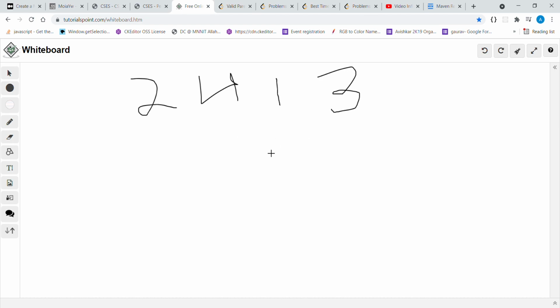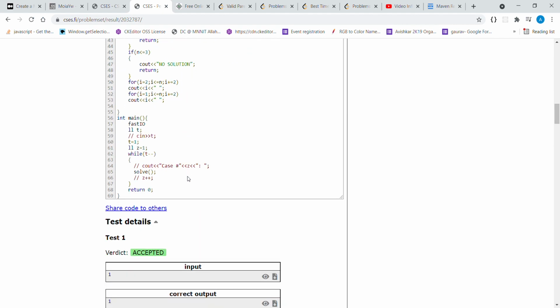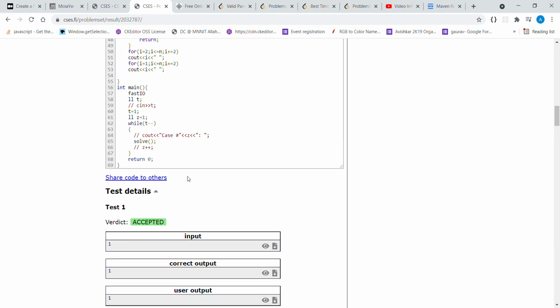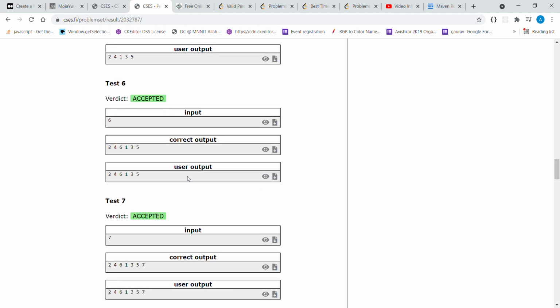Hence in the further cases, n equal to 5, n equal to 6, n equal to 7, the difference will be larger. Hence, we can say that this is a fairly correct approach. So I have implemented that, and it's accepted for every scenario, as we can see, and we have proved that as well.